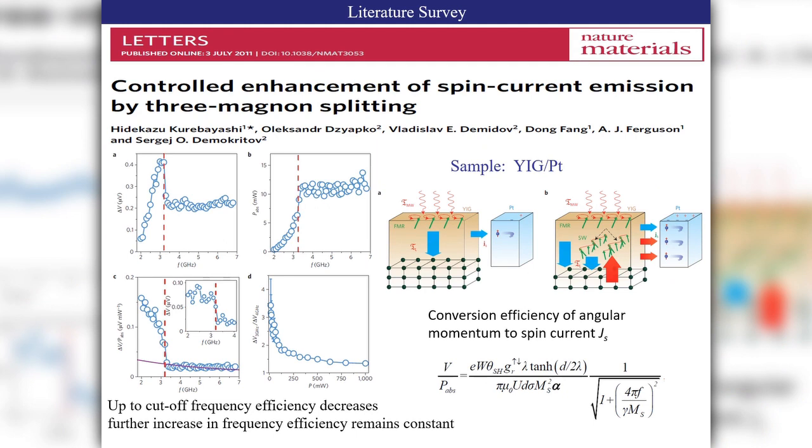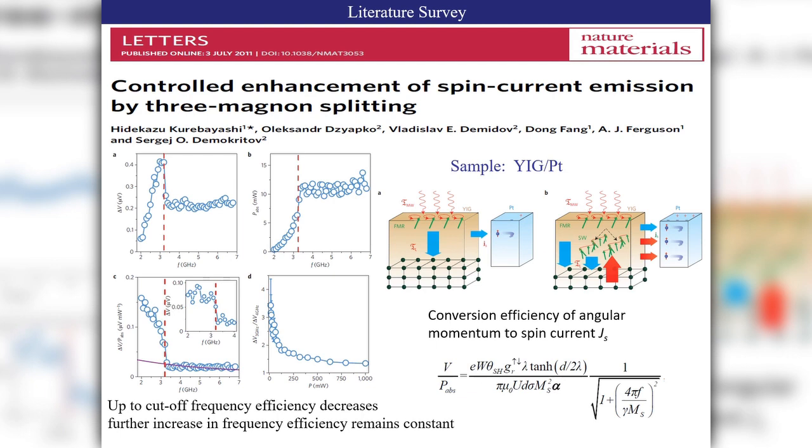Going through this great paper on controlled enhancement of spin current emission by 3 magnon splitting, I found that unlike charge current, spin current is not a conserved quantity within the conduction carrier system, which is again due to the spin lattice interaction. Even the axis of angular momentum in the magnetic subsystem flows with that lattice, but this can be reversed by the 3 magnon splitting process. Thus, this helps in modifying the spin current emission, and in this YIG, magnetization dynamics was studied using network analysis